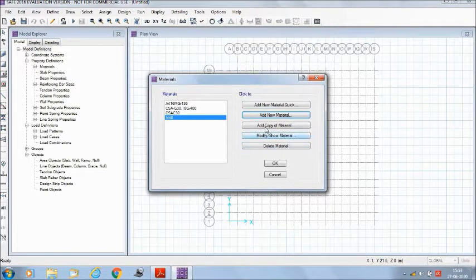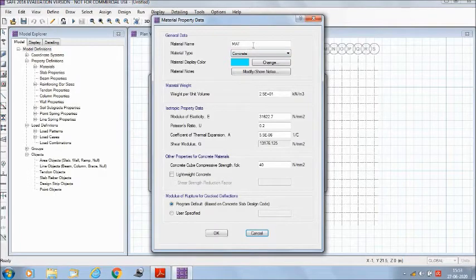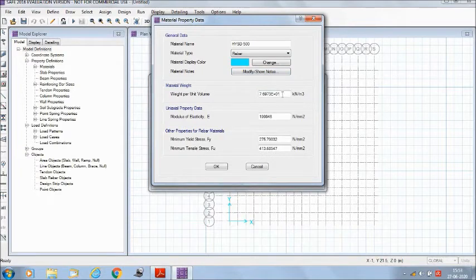Now we will add another material, that is HYSD 500 rebar, and as per the material we will give the values. Now we have defined the materials.